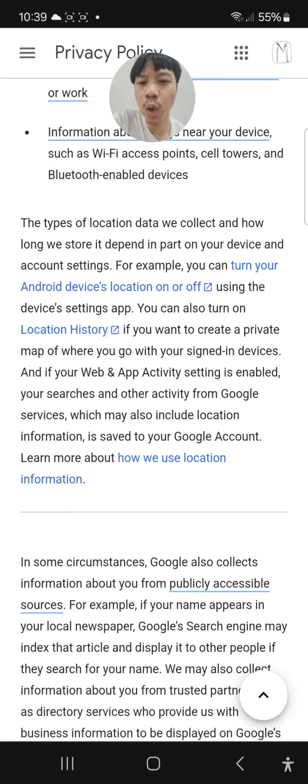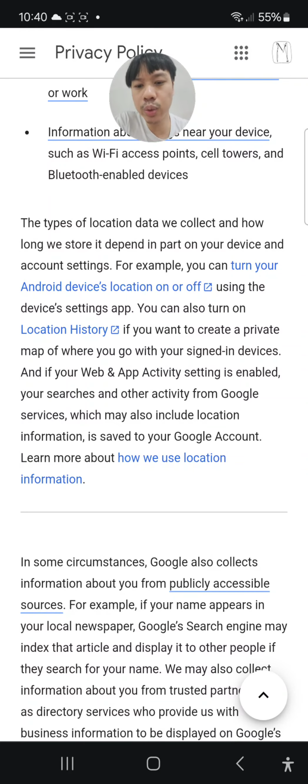And if your web and app activity setting is enabled, your searches and other activity from Google services, which may also include location information, is saved to your Google account. Learn more about how we use location information. There's a link here that you can click. Let that sink in.